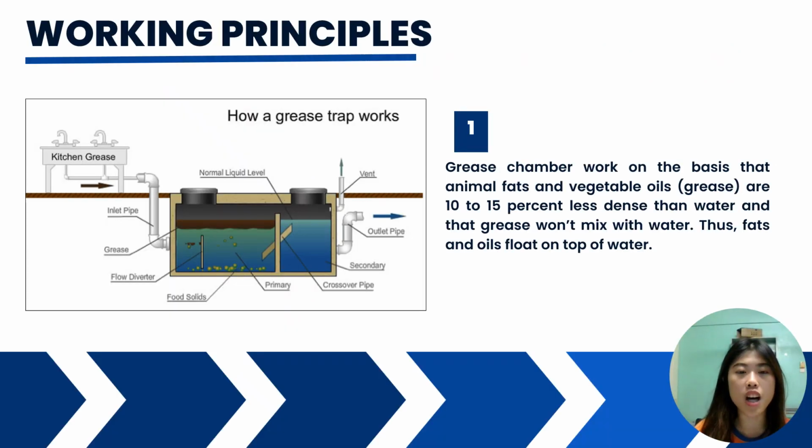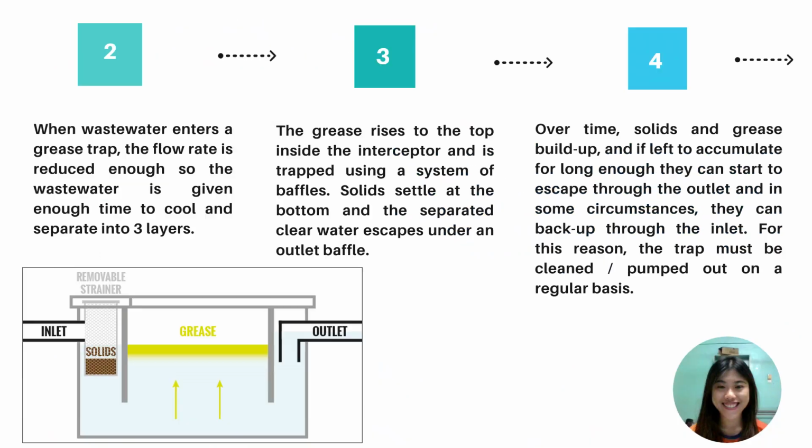Now I will explain the working principle of the grease chamber. The grease chamber works on the basis that animal fats and vegetable oil, which is grease, are 10 to 50% less dense than water, and the grease will not mix with the water. Thus, the fat and oils will float on top of the water. When the wastewater enters the grease chamber,